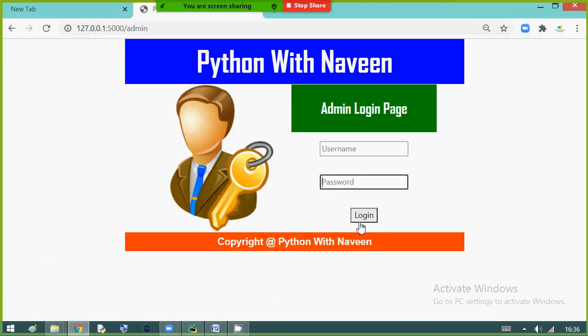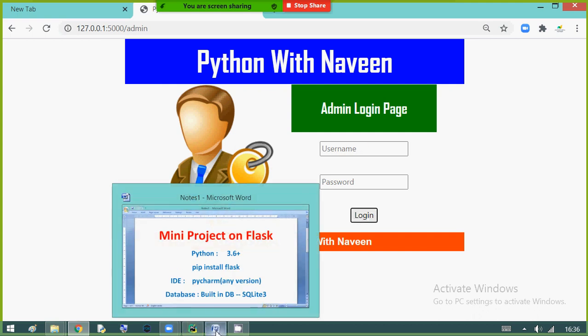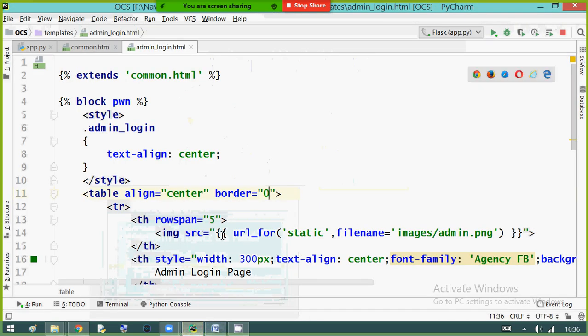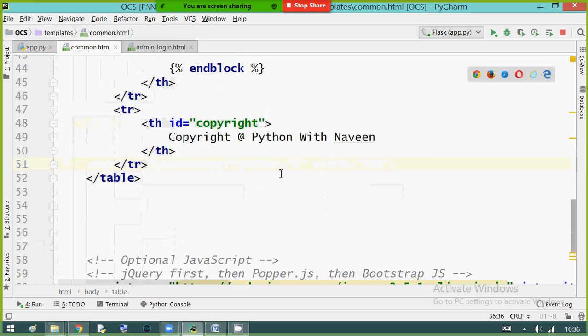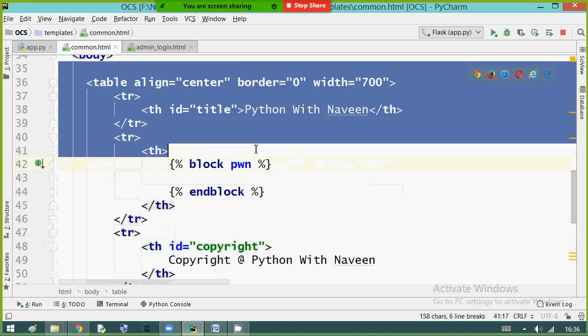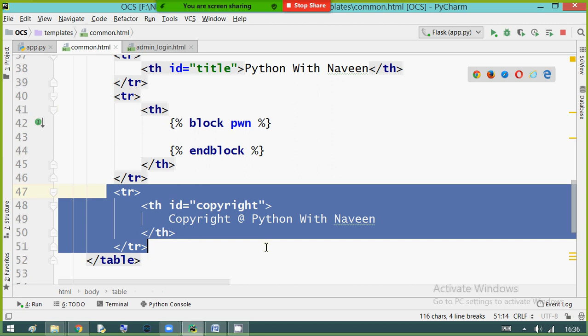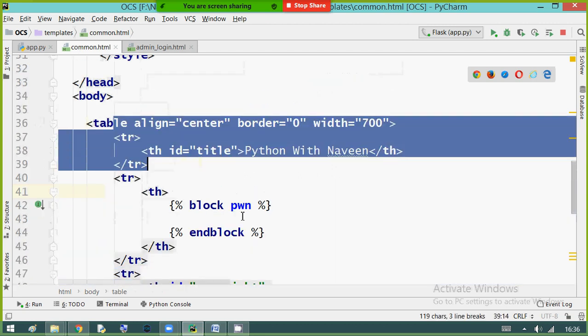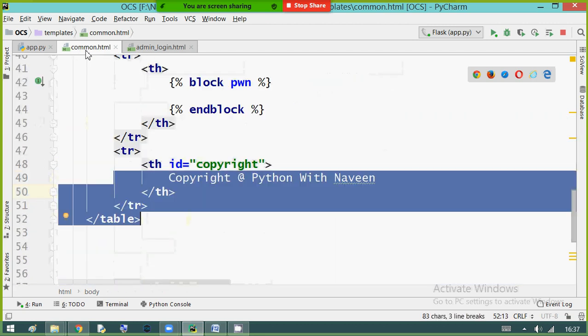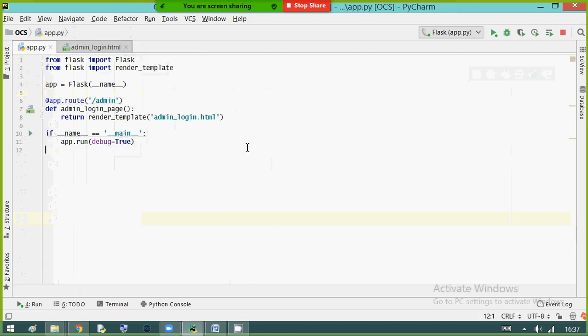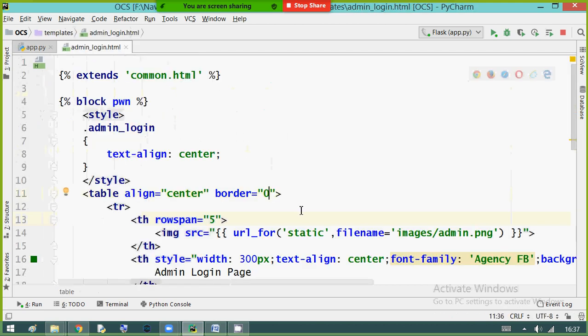So observe, the button needs to listen to the action. If you observe, the button is not listening to the action, right? For that, we need to provide a form action. Concentrate. Common.html is providing only header and footer, nothing else. No more work with my common as of now. Now I am going to admin login.